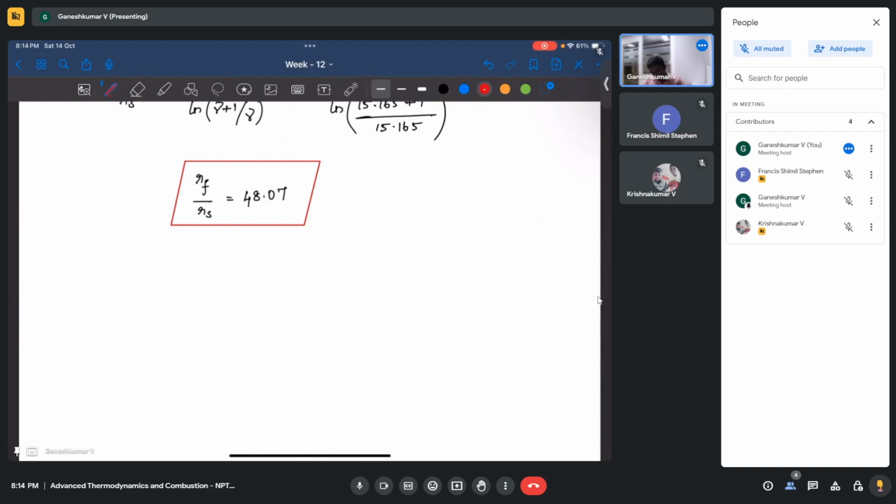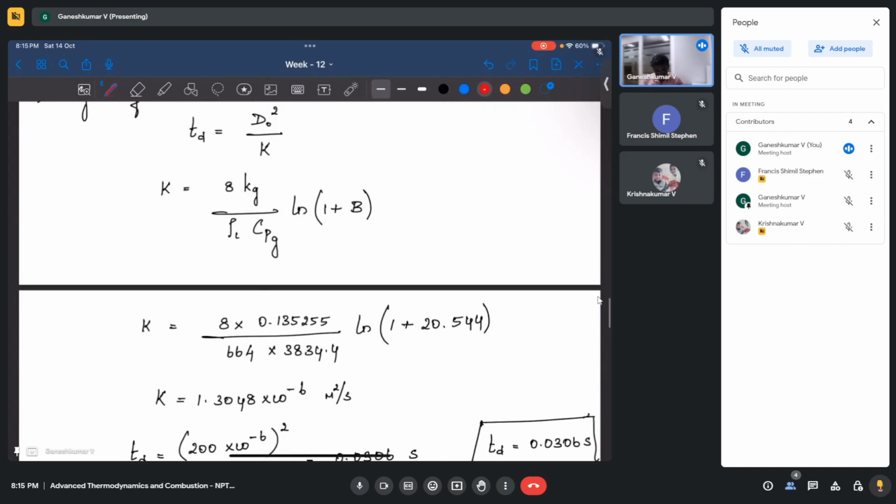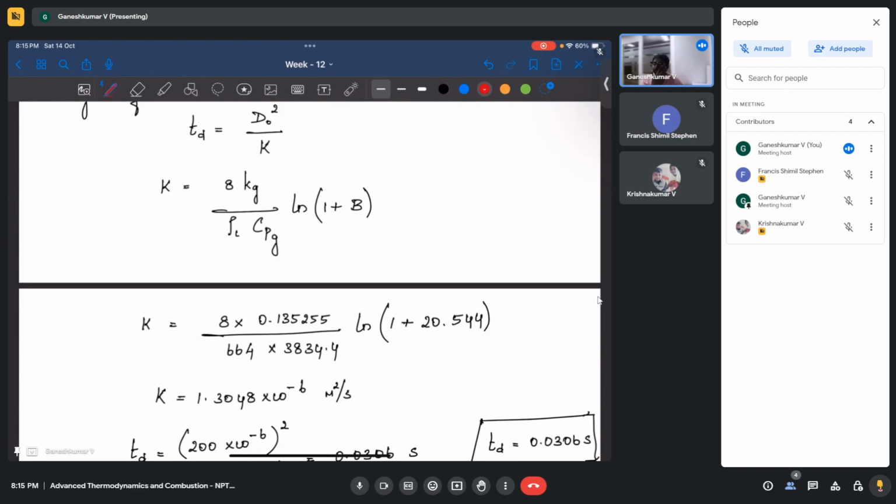This is too much anyway. But these are all due to the average properties, as I said. The specific heat, the thermal conductivity, all those things will have an effect. Why would the thermal conductivity be an effect? The reason is the thermal conductivity of the gas phase is what we are discussing.